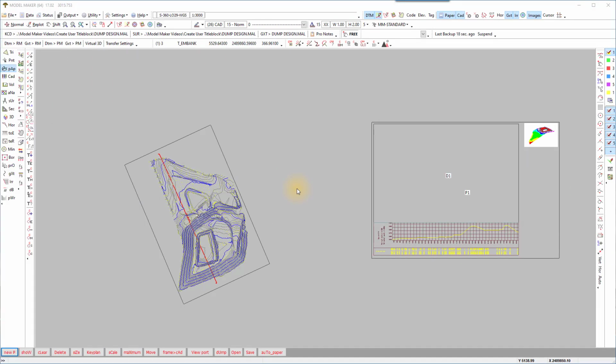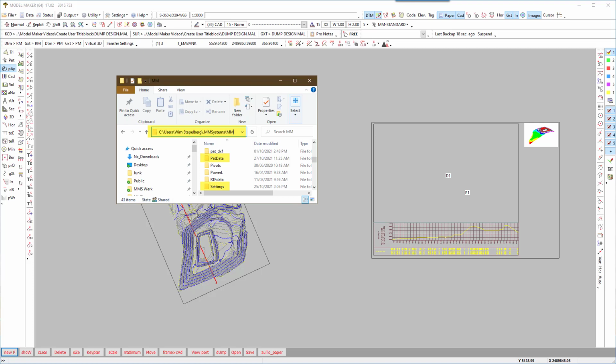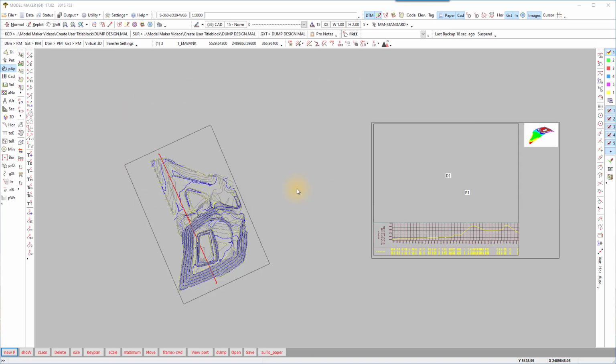What happens if you change computers or want to use someone else's title block files? When you get a new computer, you can copy all your patterns and settings from the old to the new computer. That will then include the title blocks. And all should work like before.